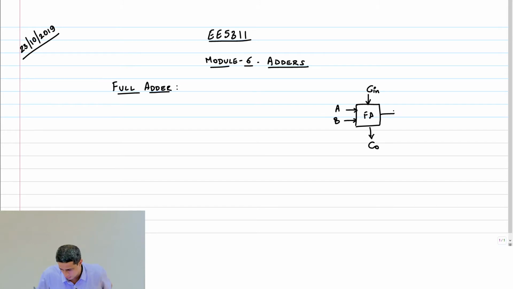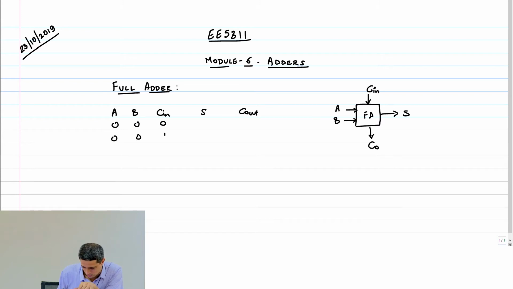And of course, it also gives you a sum. Okay? So let's put down the truth table of these signals. Sum, carry out. 0, 0, 1, 0, 1, 0.